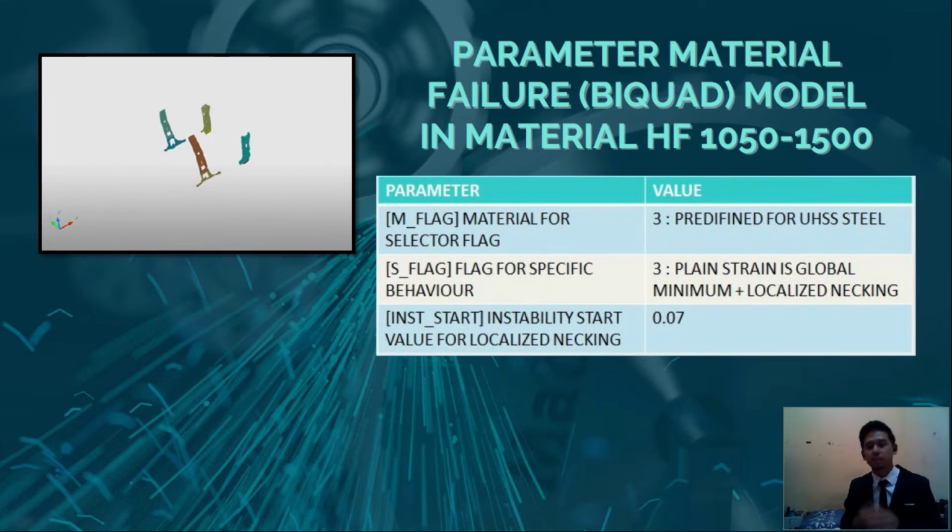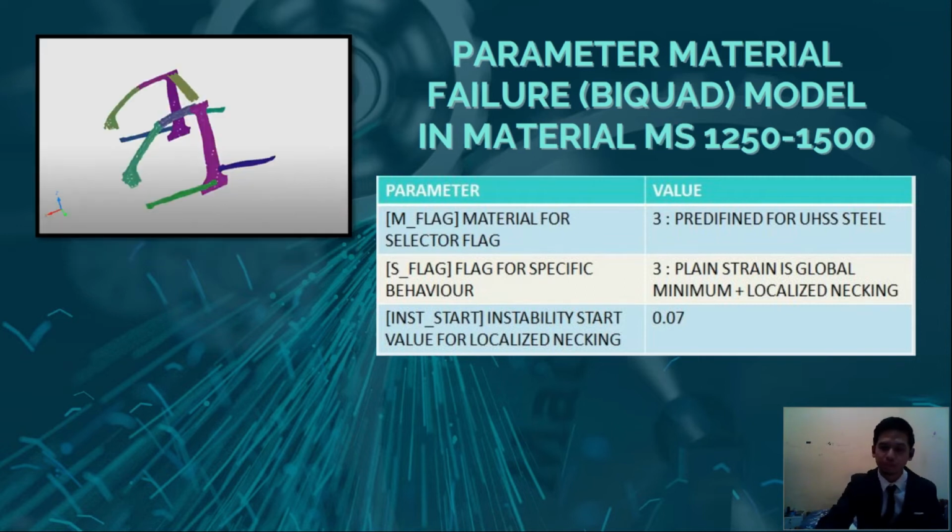So this is the third material failure model I have changed, in the material HF1050. HF means hot form. So same as the previous, but this changes to UHSS steel, because the range of tensile stress 1050 is in UHSS steel. And the n value that you can see is 0.07. So same like this,